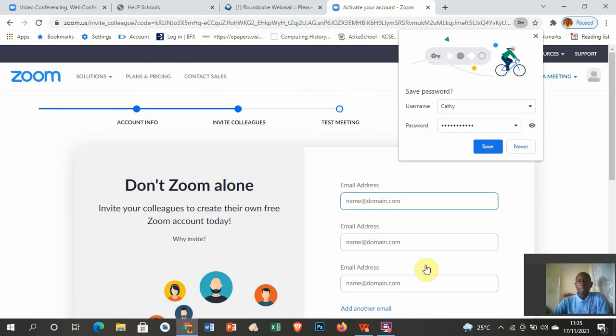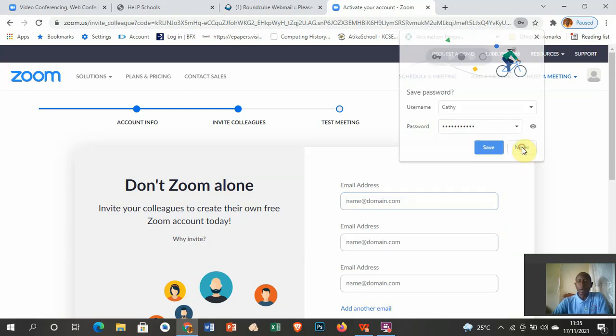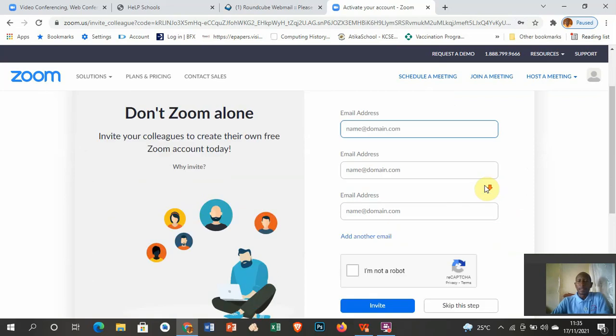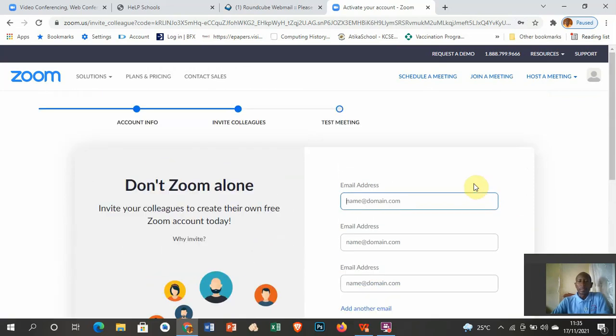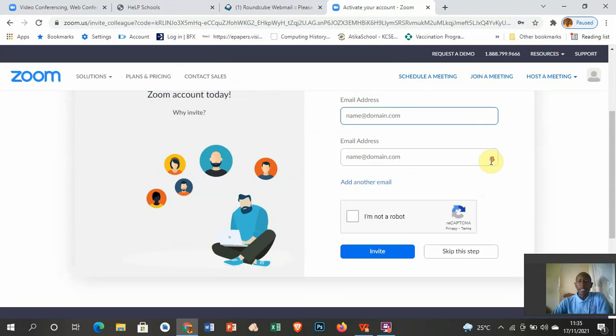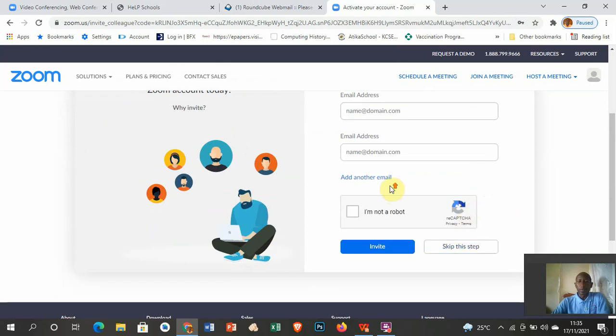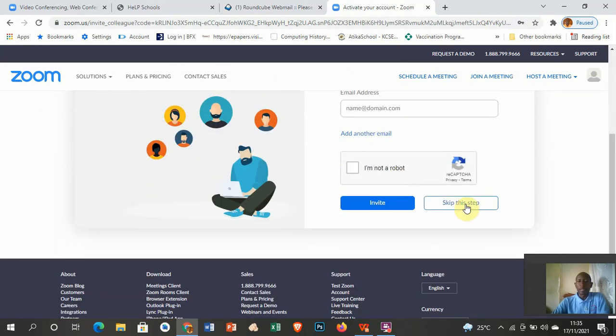So once the process has been completed, Zoom will ask you to save the password. At this stage, please don't save the password, just click on never. Then further to that, Zoom asks you to invite colleagues, but I would request that you skip this step. So scroll down and you click skip this step,